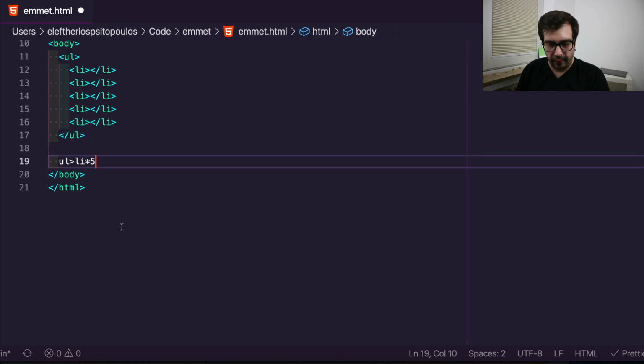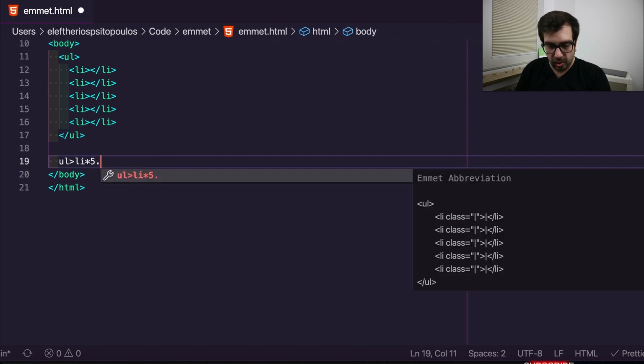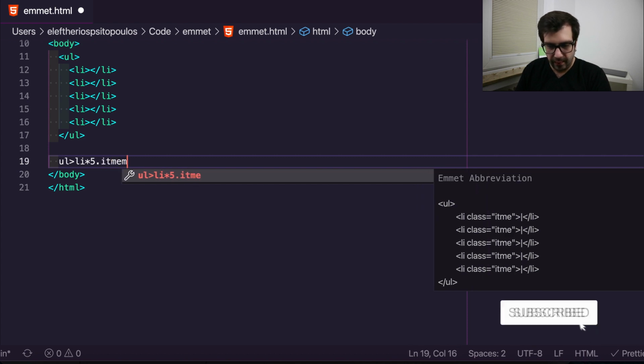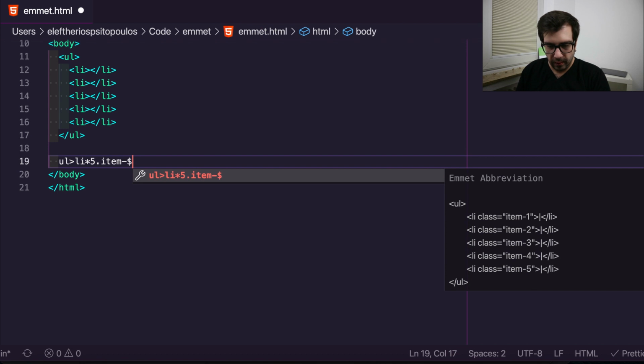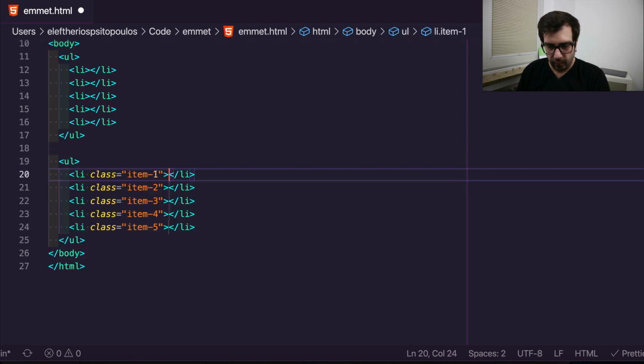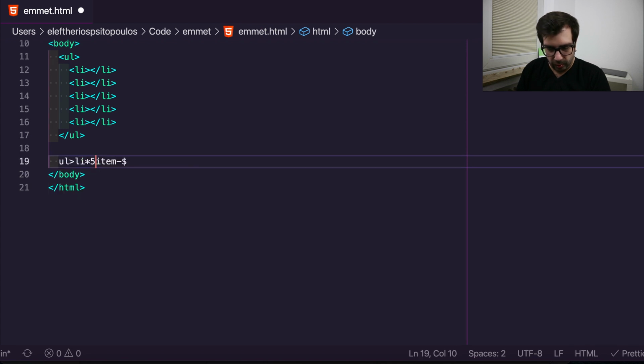When we are multiplying the element, we can use this number. So maybe we want to say each item has the class item and the number 1, 2, 3 to 5. We can use a $ sign in order to get the number of the iteration, like this: 1, 2, 3, 4, 5. It can also be used in IDs and also inside the text,